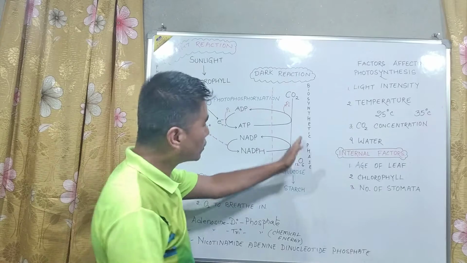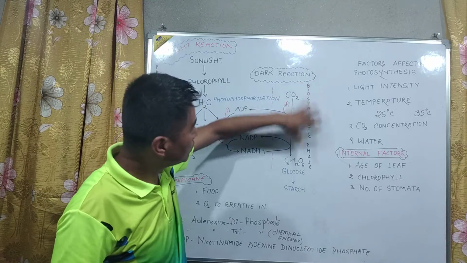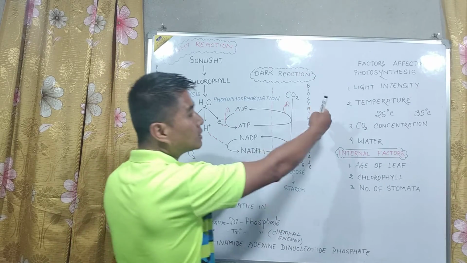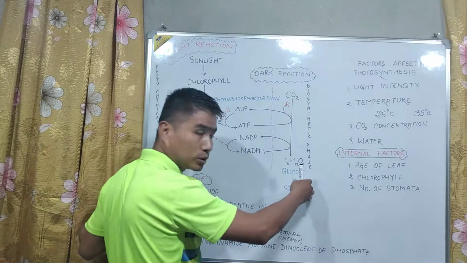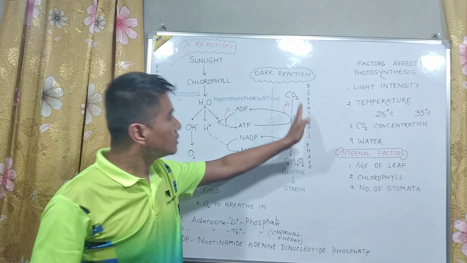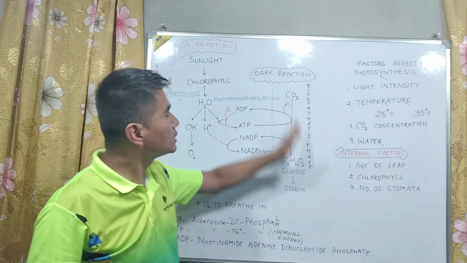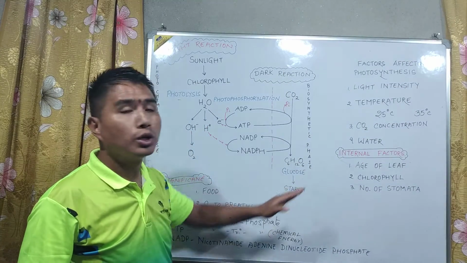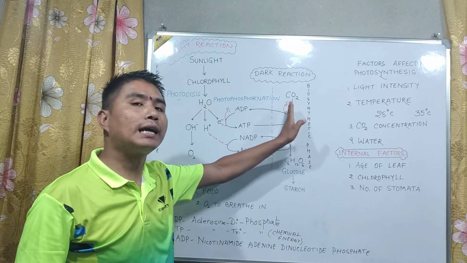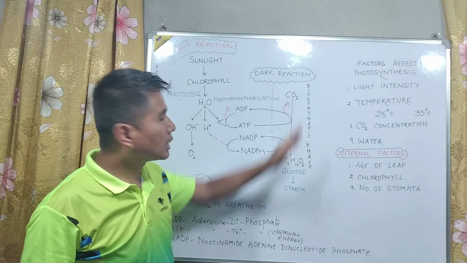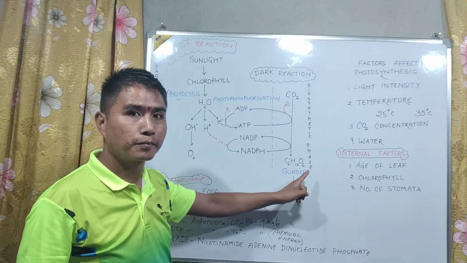And then the phase of photosynthesis in which sunlight is not needed. Here, for attachment of carbon dioxide with hydrogen, we don't need sunlight. So that means it is that phase of photosynthesis in which carbon dioxide unites with NADPH to form glucose. Or it is the phase in which the end products of light reaction, that is ATP and NADPH, are utilized to unite with carbon dioxide to form glucose. Or in simple words, it is that phase of photosynthesis in which sunlight is not needed to form glucose from carbon dioxide. This phase is known as dark reaction or biosynthetic phase.